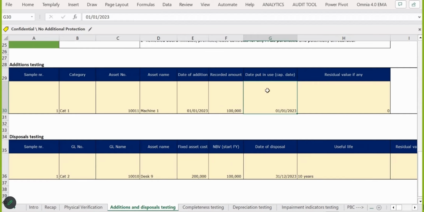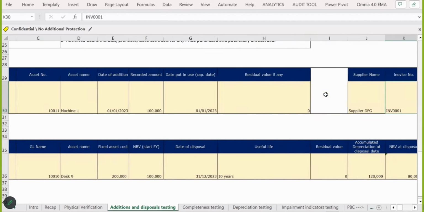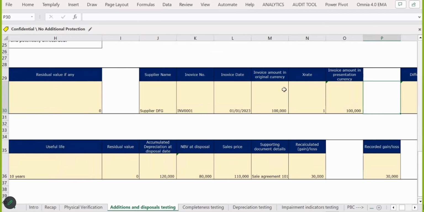So you need to make sure that the date put in use is the date that you use for the capitalization. And then if there is any residual value, and then how you are going to verify this, you're going to ask the client to give you an invoice or any supporting documents for the purchase of this asset, basically. So let's say that they give you an invoice, so you will document the supplier name, the invoice number,